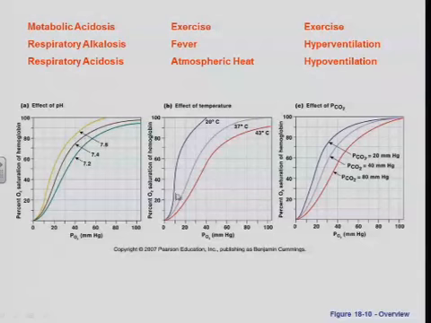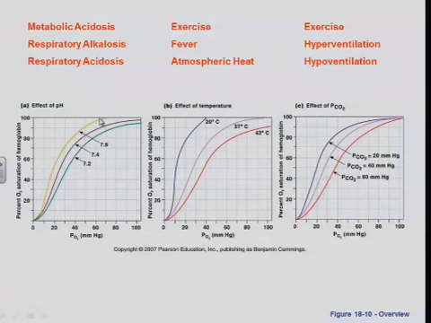Oxygen hemoglobin dissociation curves. We talked about shifting the curve to the left, shifting the curve to the right. If we shift the curve to the right, it means we decrease the affinity of hemoglobin for oxygen. Therefore, oxygen comes off more readily and is more available for use in the tissues. We look at the top end of these curves, we have very little difference.